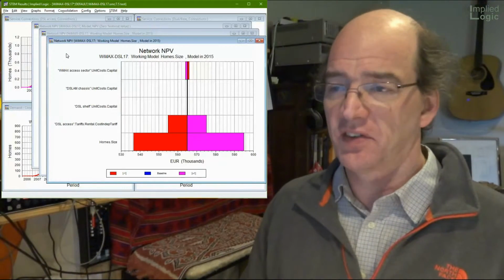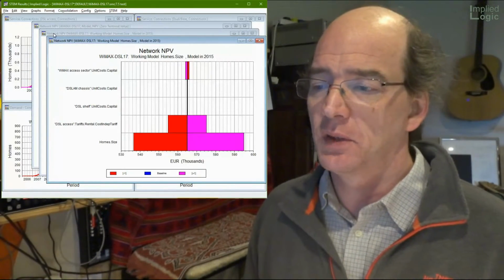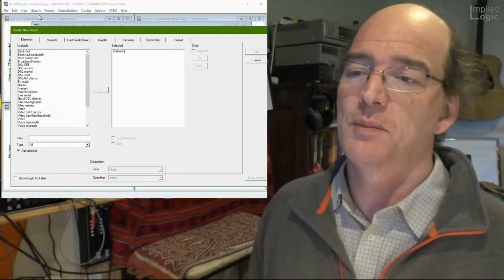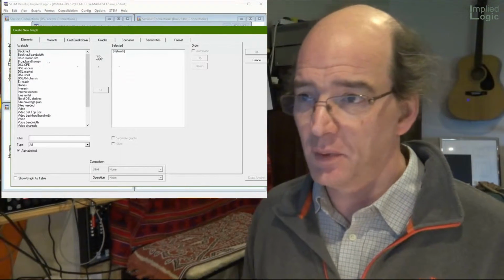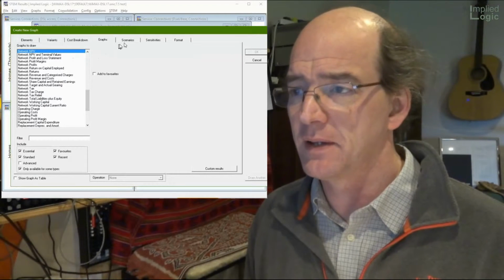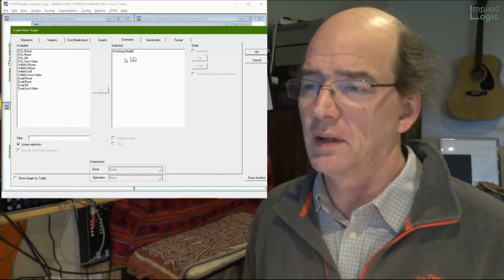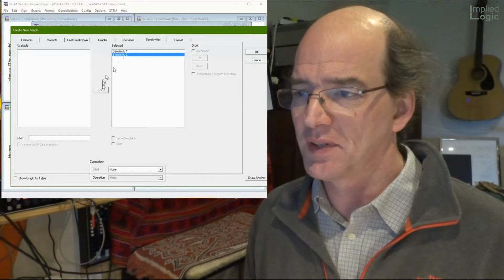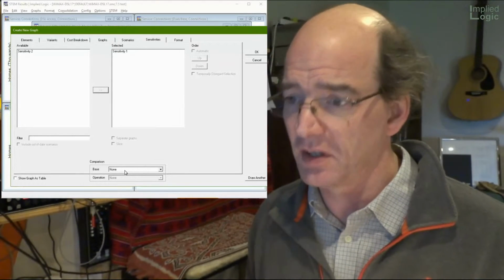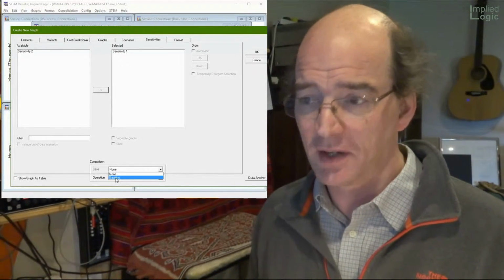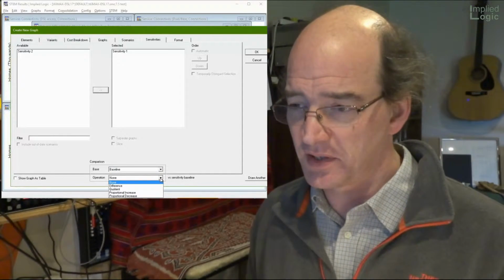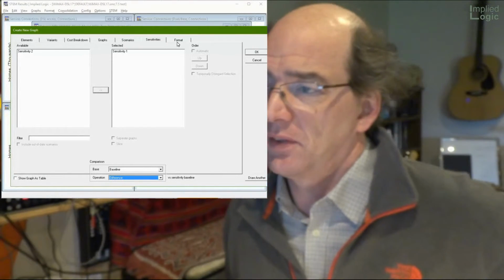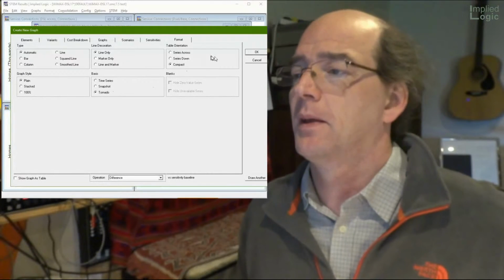The other thing to say, and I think this is the last detail, is that you can also do comparisons against sensitivities. So if I draw the same graph one more time, if I go graph and network, and we have network MPV, and we have working model, and we have the sensitivities, then let's just go back to having one. And if I decide to do a comparison chart, let's pick baseline, that's the only thing it offers, and let's pick an operation because otherwise we won't do anything at all. So if I do a difference, and I'm going to do this still as a tornado,